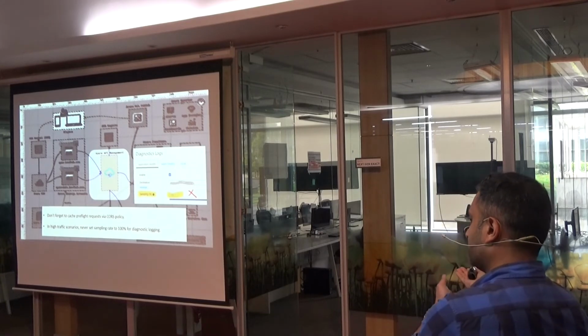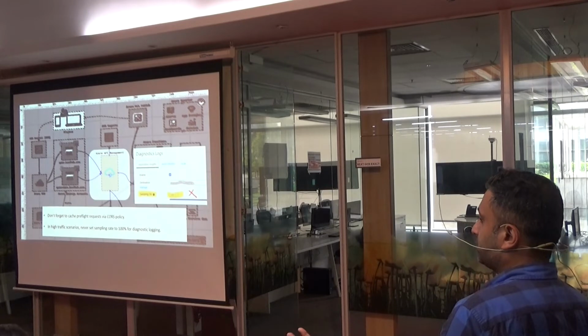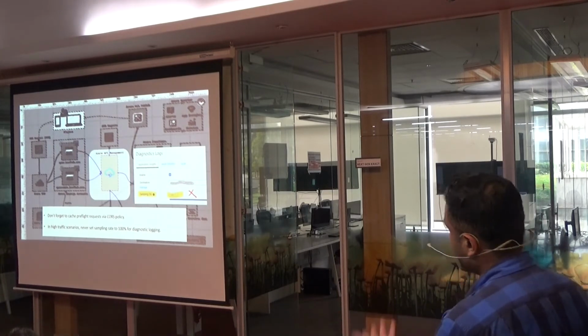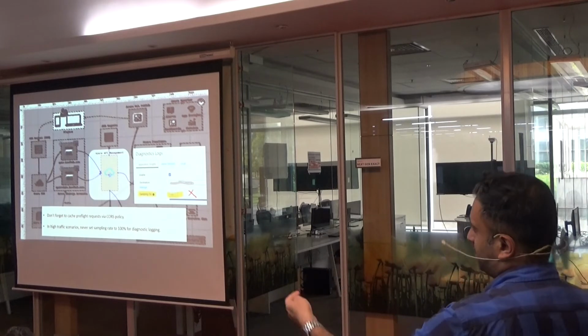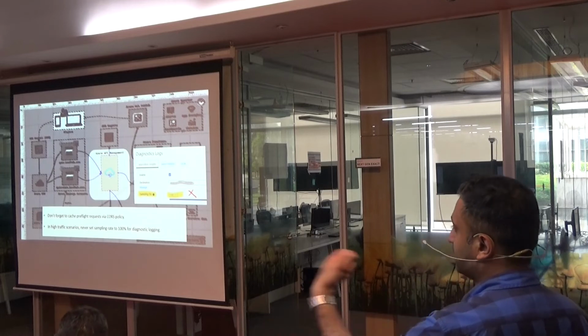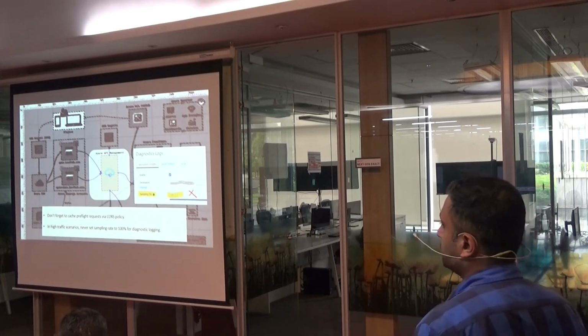And if the API says that I don't know what this pre-flight request is, I'm not handling it, then the browser will suppress all further calls out. So pre-flight is just like a canary type of a thing where it will say, this API is capable of handling this kind of method from this origin.